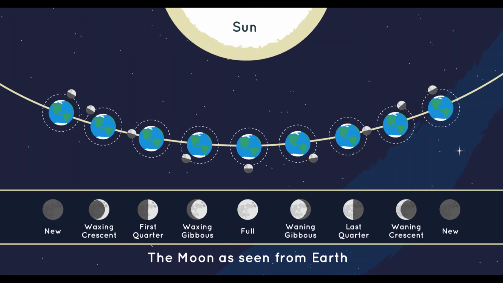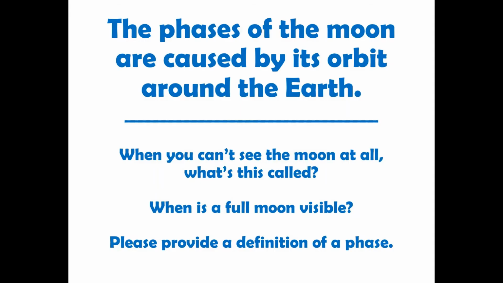The illuminated shape of the moon that's visible from Earth is called a phase. As the moon orbits the Earth, we can see a different amount or section of the moon lit by the sun from our perspective on Earth. I'm sure you've been outside when the moon doesn't appear to be there at all. The night sky is pitch black. What's happened in this situation? When you can't see the moon at all, this phase is called a new moon. Several days after a new moon, we see it as a sliver of light called the crescent moon. As the moon appears larger and larger, it becomes a quarter moon and gibbous moon. A full moon is visible when the whole side of the moon facing the earth is totally reflected by the sun.